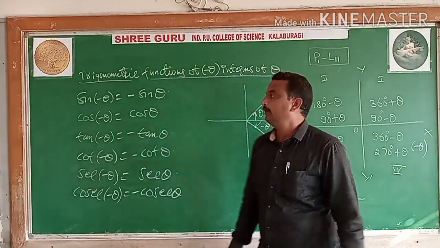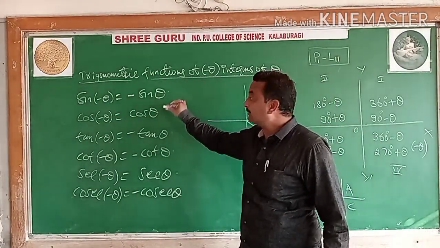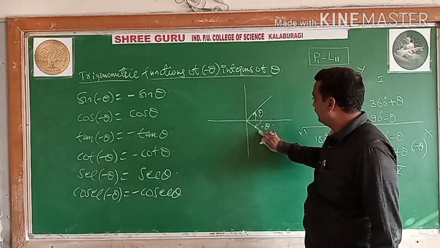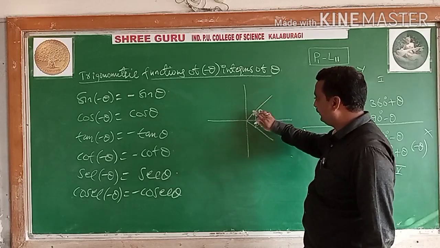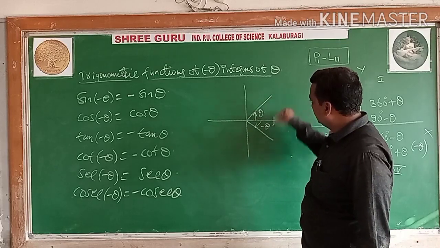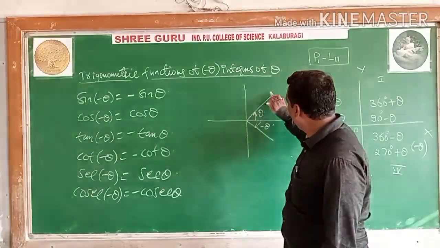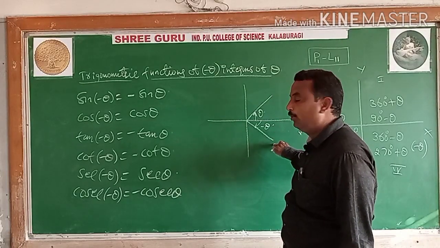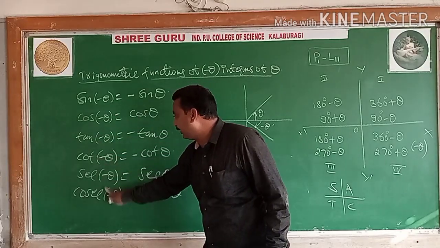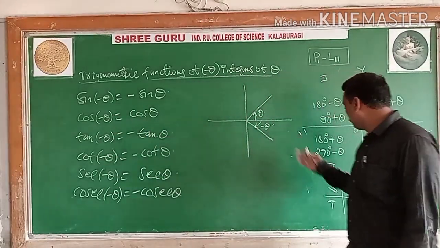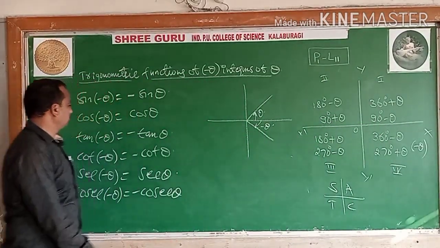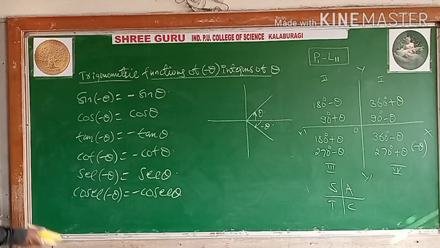Sine of minus theta is minus sine theta. Cos of minus theta is plus cos theta. The function does not change, only the positive and negative sign. This is the hypotenuse. So positive and negative: anti-clockwise direction, clockwise direction. The opposite side is the same here, but it is positive here and negative there. So only these four functions are negative, the remaining are positive, because in the fourth quadrant only cos and sec are positive. So this is about the trigonometric functions of minus theta.